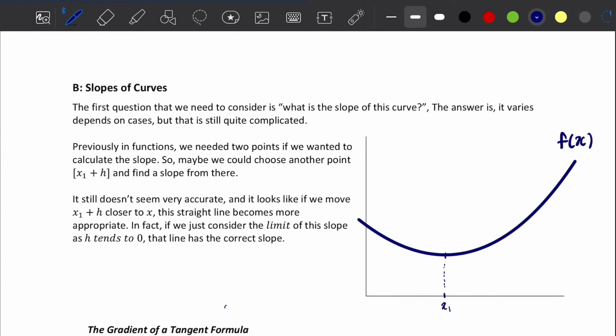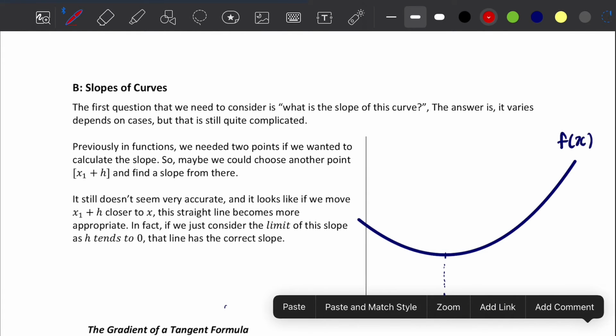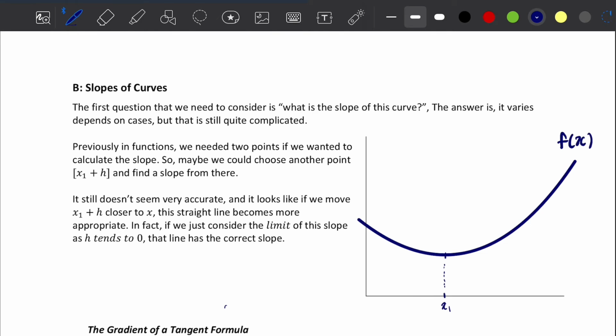Then let's talk about the slopes of curves. The first question that we need to consider with this diagram regards the slope: what is the slope of this curve? The answer is it varies, it depends on the point, but this is still quite complicated as we are now learning the concept of the limit. If we want to calculate the slope of this function, as previously in functions, we need to find another point on this diagram called x1 plus h, and find the slope between these two points using the